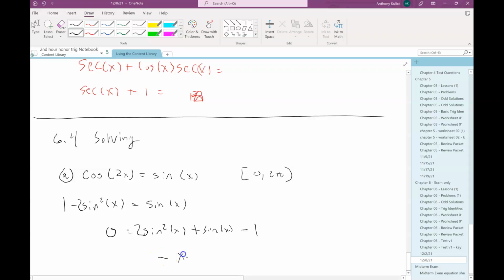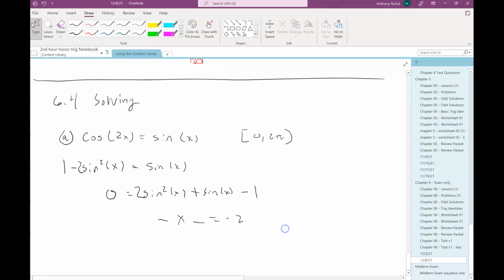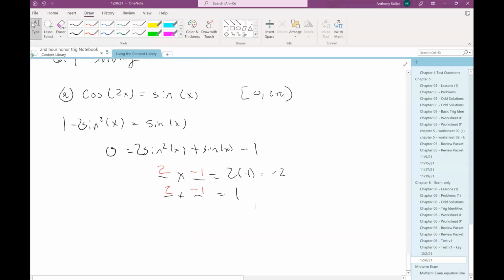So I need to find two things that multiply to give me 2 times -1, and then add to give me 1. I mean, if you guys can't figure out 2 and -1 on that, I don't know what to tell you. So I use those two numbers to replace the middle term, or break it apart into 2 pieces, and then